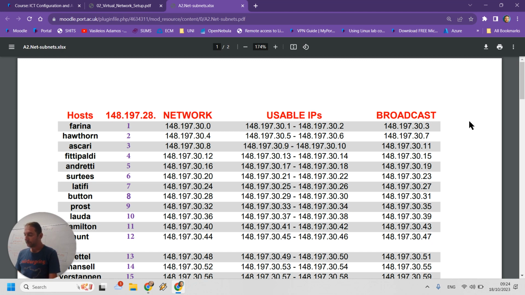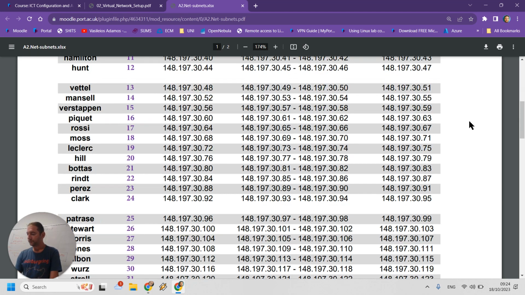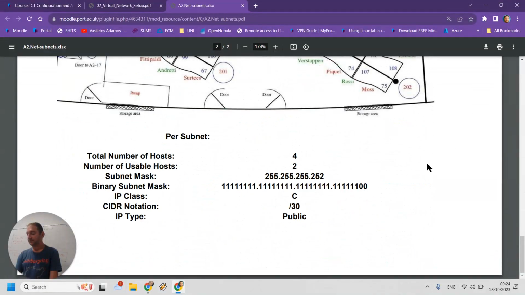Okay, and the subnet mask in here will always be 252 because we have subnetted our network and we've changed the way that we use our network. Okay, we changed the size of the subnet that we've allocated to each of you. And